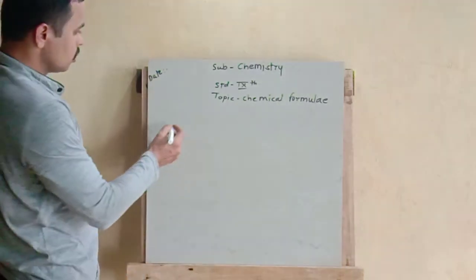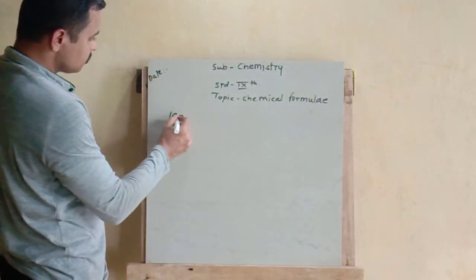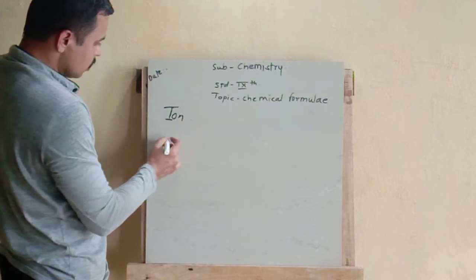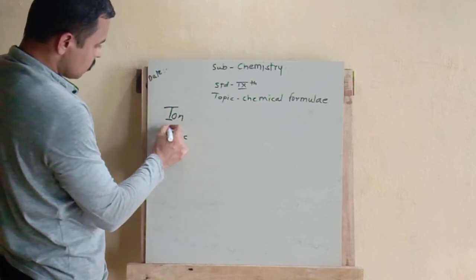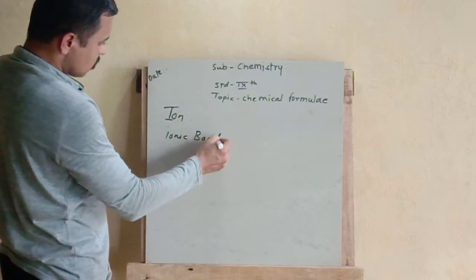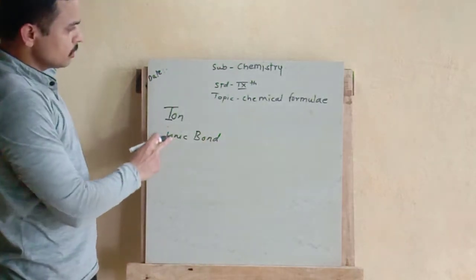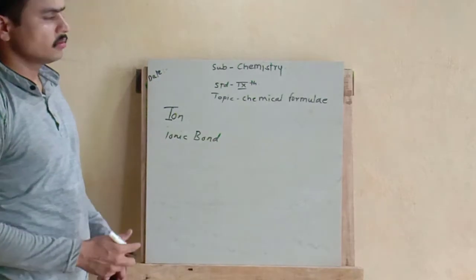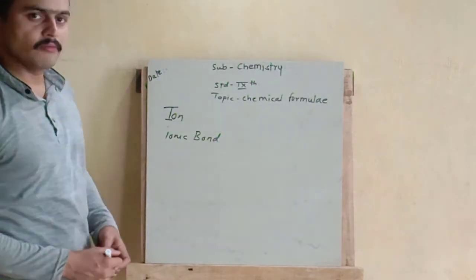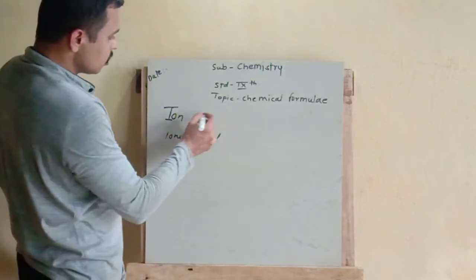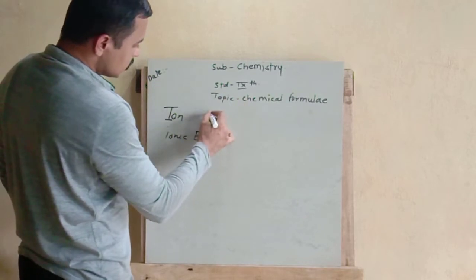So let's begin with ion, then ionic bond, etc. After learning these two concepts, we can predict the theory behind the chemical formula. So let's begin with ion. What is ion? Ions are the species